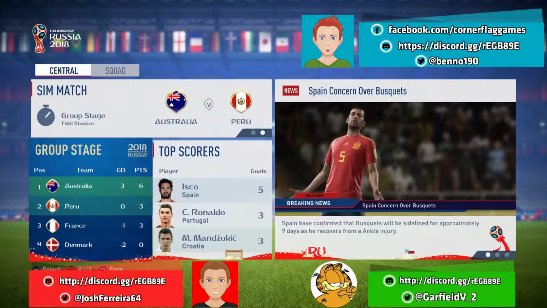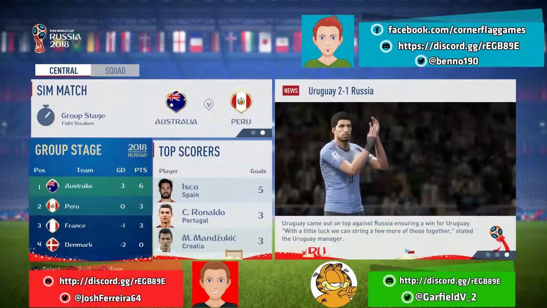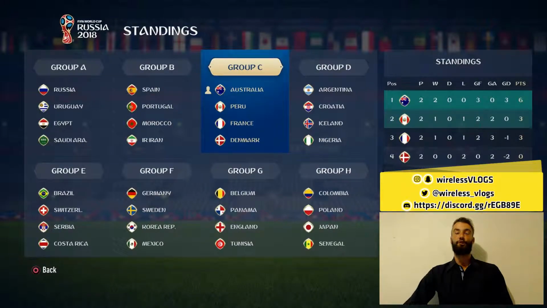So before we get into our group stage game in today's Matchday 3, we are going to jump into the group stage table for Terence to give us his analysis. Thanks, Ben. So in the first game of round 2, we had Australia beating Denmark 1-0, and we had France in the other game beating Peru 2-1. So we'll have a look at the table now, and we have Australia sitting on top after 2 games with 2 wins and a goal difference of 3 to have 6 points. Peru is on second with 1 win, 1 loss on 3 points. France also with 1 win and 1 loss, but on -1 goal difference on 3 points. And Denmark rounding out the table after their 2 losses with a goal difference of -2.